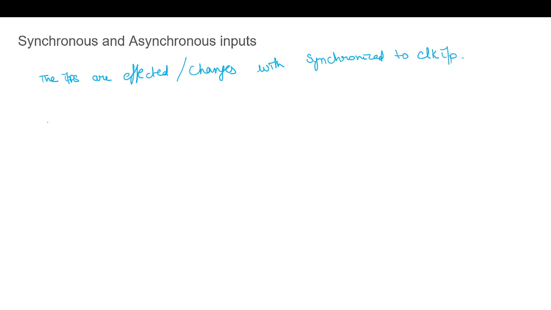A synchronous input means that the inputs are affected or change synchronized to the clock. Whereas an asynchronous input